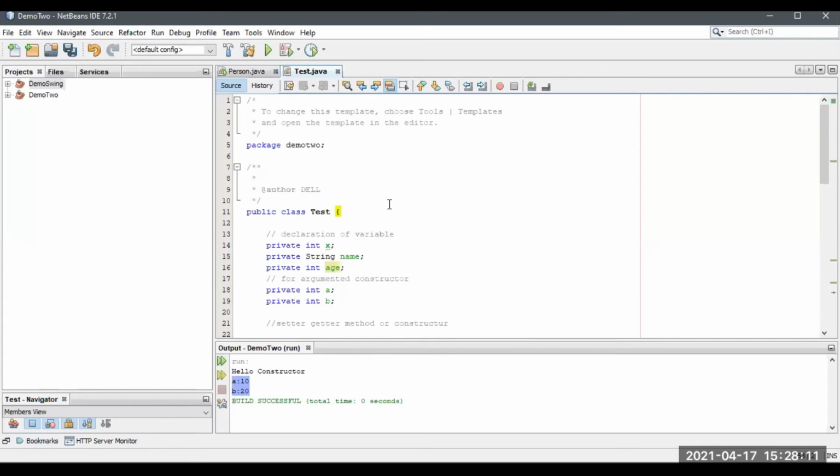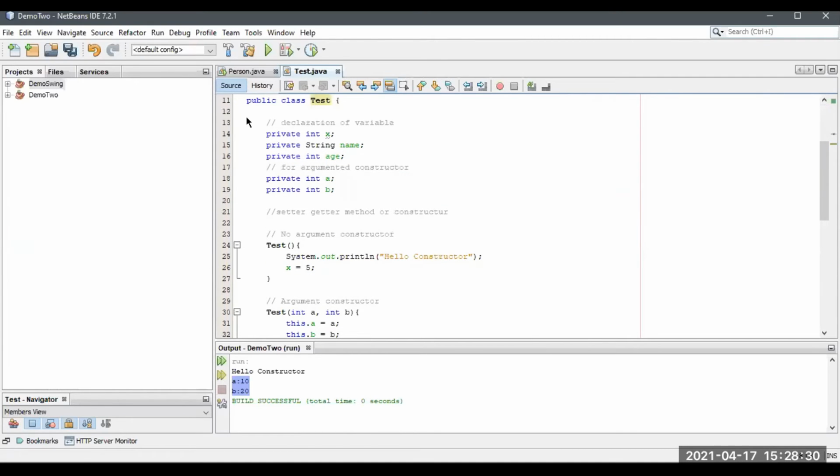So please learn setter getter methods as well as constructors. This will change your view of the Java language. I mean, you will see it in a different manner. You will learn a lot. First of all, learn these things. These are very important for projects. For each and every project, constructors and setter getter methods are very important, and the creation of objects is also very important.